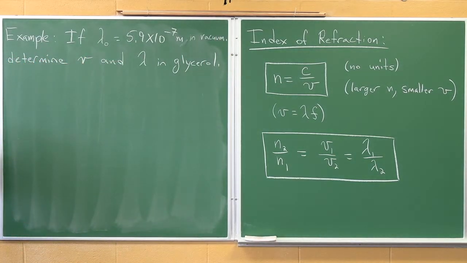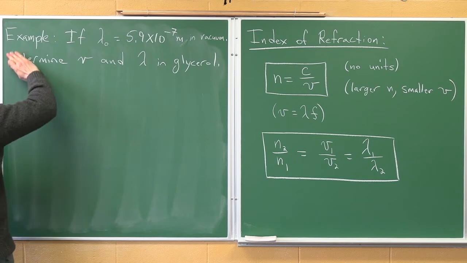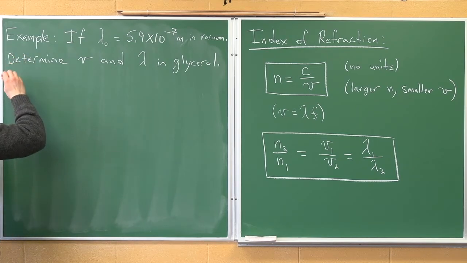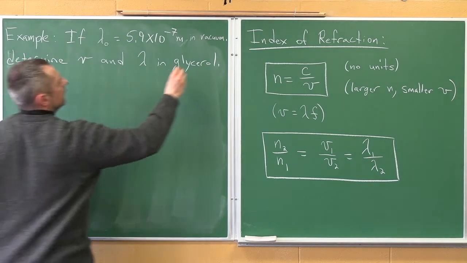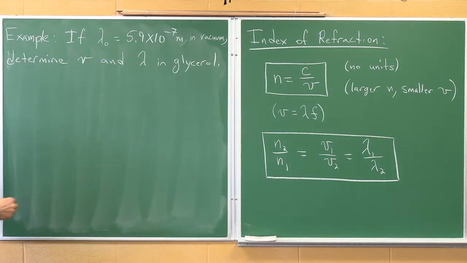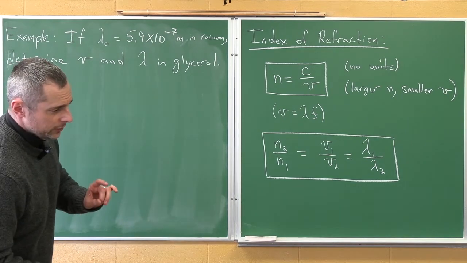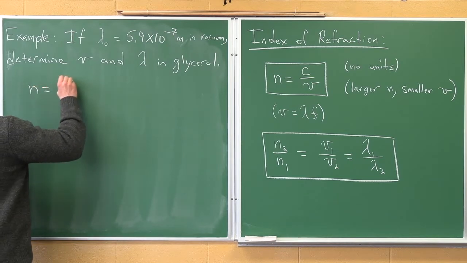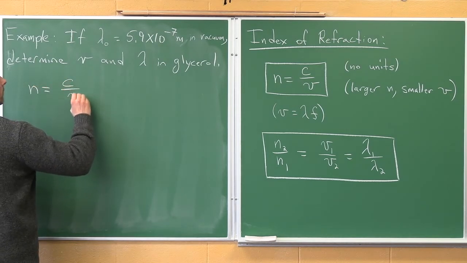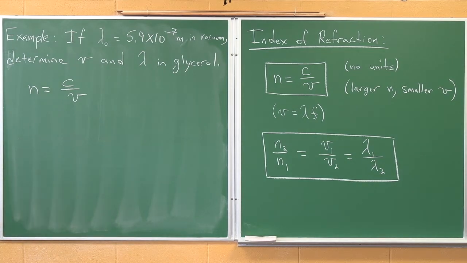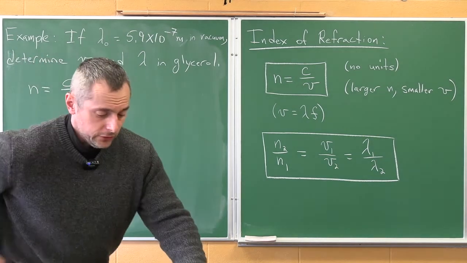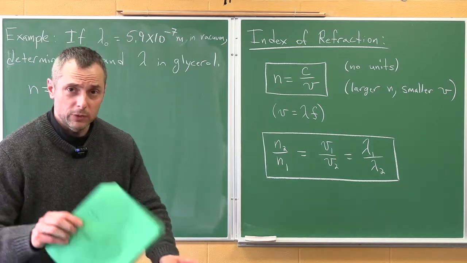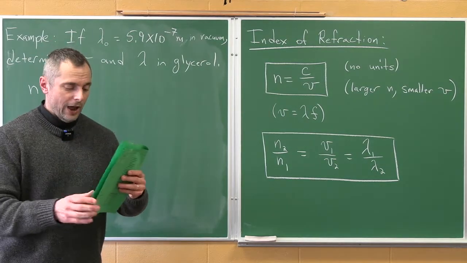So has that wavelength in the vacuum, determine the speed and the wavelength in glycerol. So the first thing that we're going to do is calculate the speed in the glycerol. And we could use this basic formula. So the glycerol, and I forgot to mention, the indices of refraction,